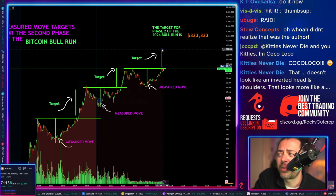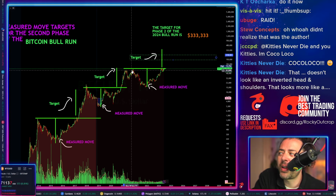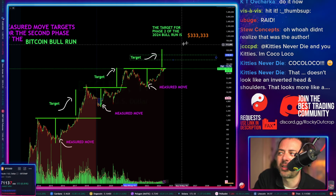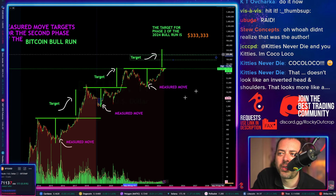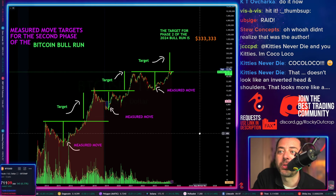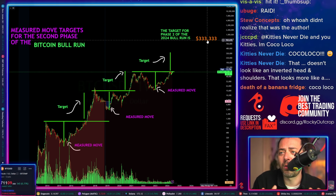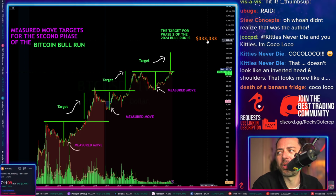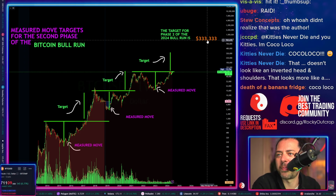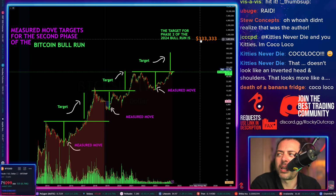The target here is around about 350 grand. Okay, it's around about 350 grand. Now, what we've actually seen is that it's exceeded these targets just a little bit. I wanted to be conservative because I was posting this message earlier on Twitter. I didn't want to melt people's faces too much with a crazy number. But actually, talking about this now during my live show, I'm making this clip during a live show. You can see the audience chatting up above me as I go. Talking about this, I was looking at it and saying